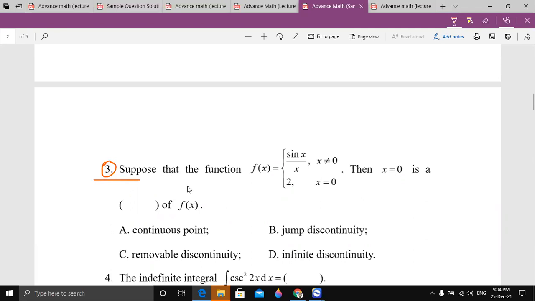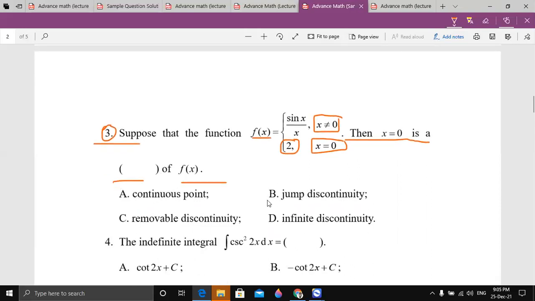Number 3, suppose that the function f of x is sin x by x, where x is not equal to 0, and when x equal to 0, then the function value is 2. Then x equal to 0 is dash of f of x. So we have to think like,